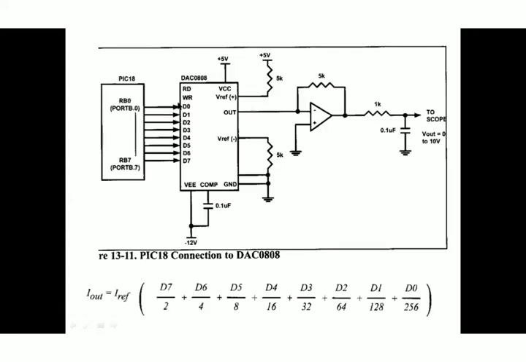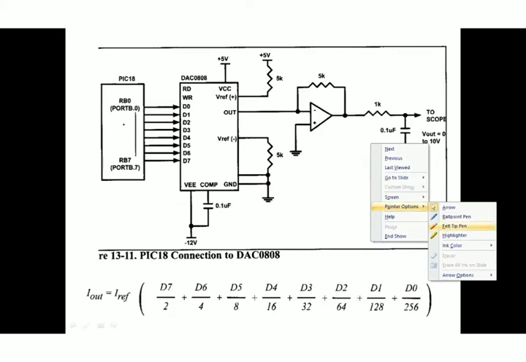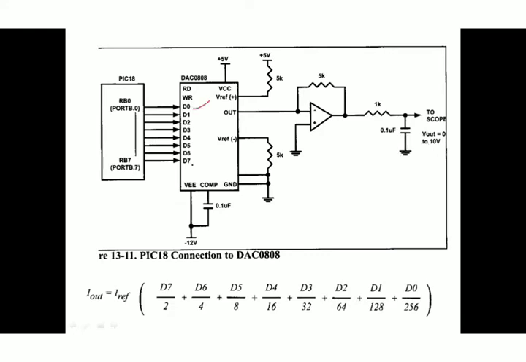Here is a circuit diagram that shows how we are going to connect this digital to analog converter to a PIC microcontroller. You can see the data lines D0 to D7, the digital input lines of the DAC 0808. Both are the same, 0808 and 0800. Both ICs perform the same operation, digital to analog conversion. These data lines are inputs, connected to the output lines. In this example, port B is used to supply the digital input for the DAC.